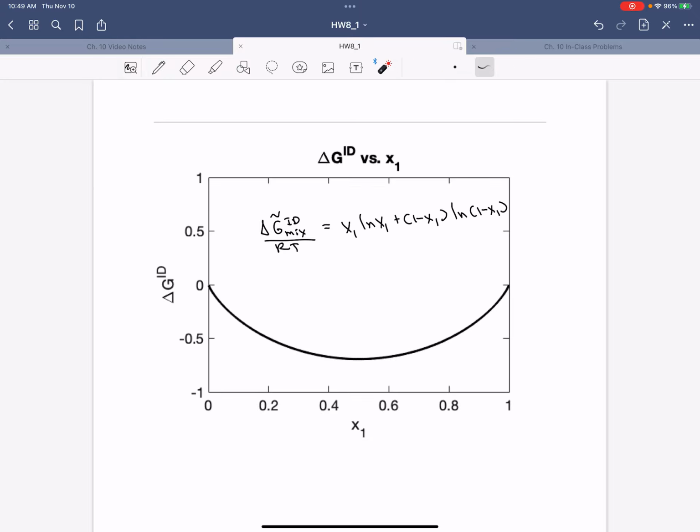All right, and as I said before, these ln terms, they're all going to be negative. All right? And so as we change the mole fraction, we could see that the delta G of ideal mixing forms an upside down parabola, right? And that it's just going to have negative values except when you have either none of species 1 or only